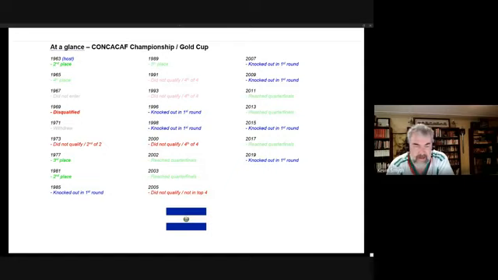They lost heavily in the quarterfinals, though, in 2002 and 2003, to USA and Costa Rica, respectively. So still quite weak. 2005 marks the last edition where they failed to qualify. But since then, they have fallen either at the group stage or at the quarterfinal stage.